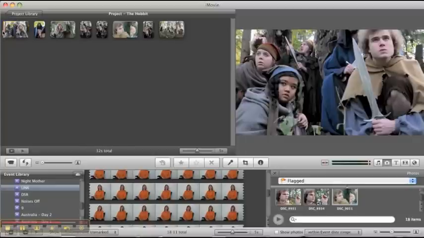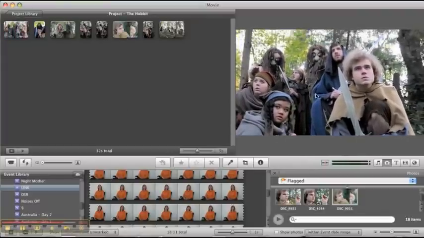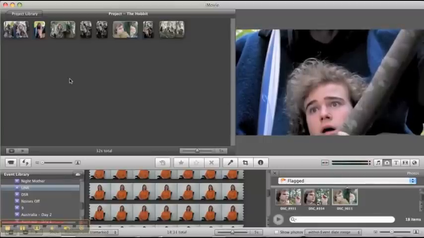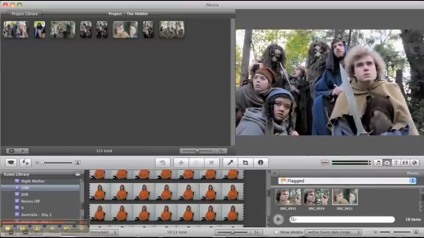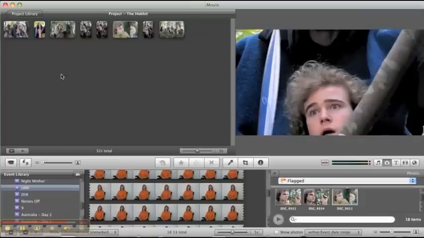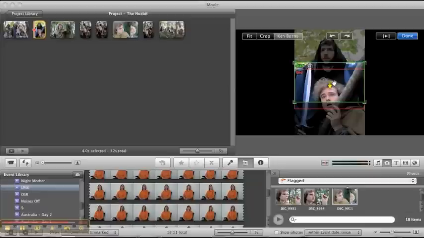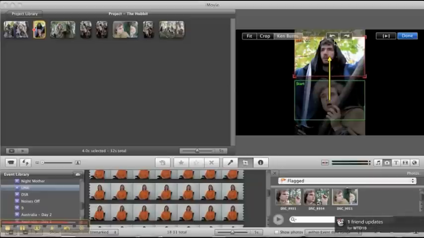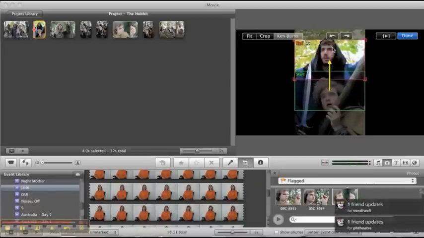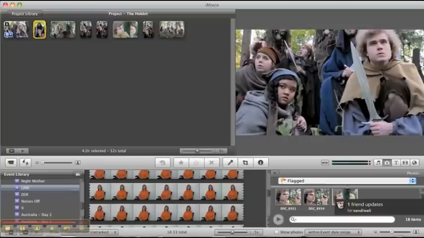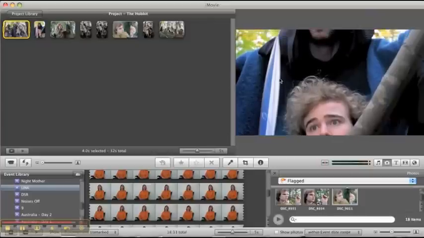Now if you go over here to the timeline and play the video, you'll notice over on this side, this is the final result of what it's showing. It gives the photograph a really nice little movement, even though it's a still photo. So now you can go through and do that to all of these if you like. Let's start, for example, with this one. We'll start on Bilbo and we'll move up to Gandalf. And you can make these bigger and smaller and stretch them and all of those kinds of things. Okay, so here we are. 1, and then 2,